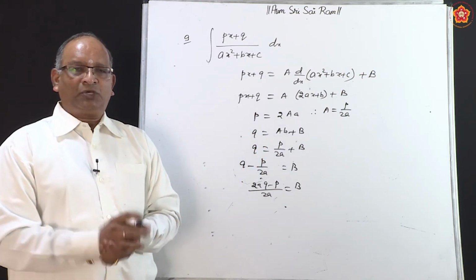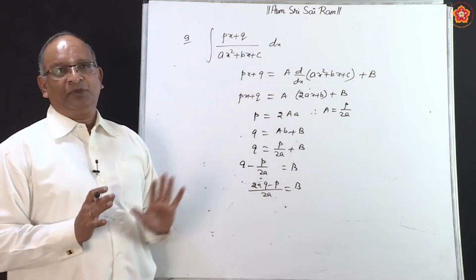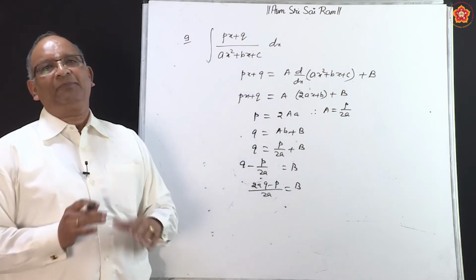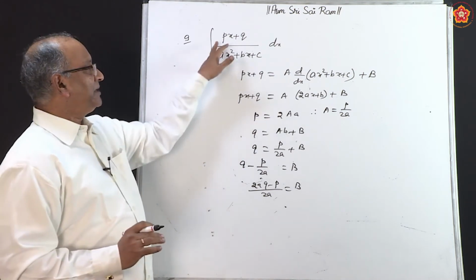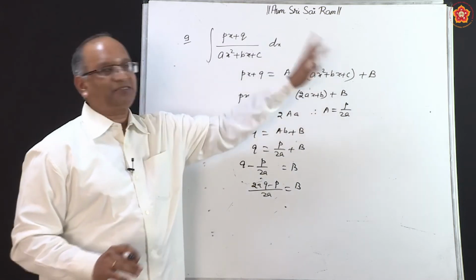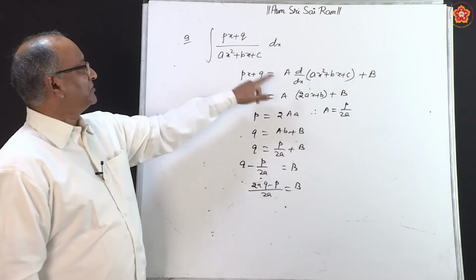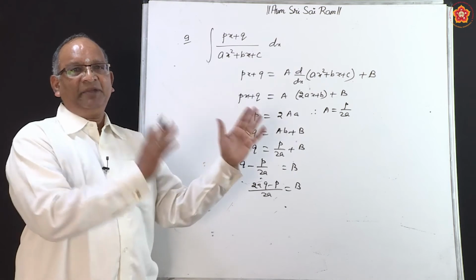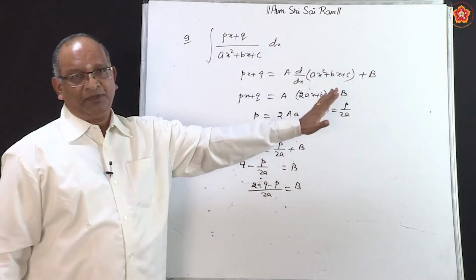Okay? So the most complicated situation can be of this type, where you have a linear polynomial in the numerator and a quadratic polynomial in the denominator. What is to be remembered? Numerator px plus q is equal to A into the derivative of the denominator plus B. Find the values of A and B and then substitute here in place of px plus q that expression. Separate them into two integrals, A upon whatever you get plus B upon the same thing, and then solve.